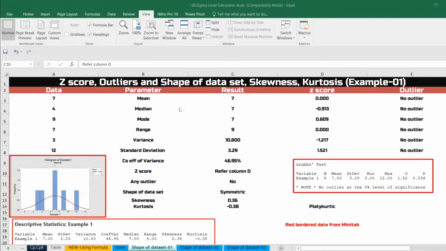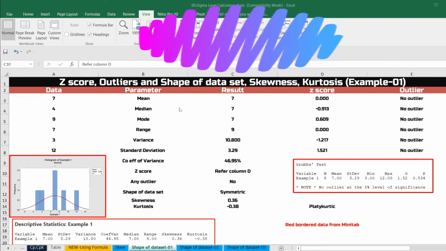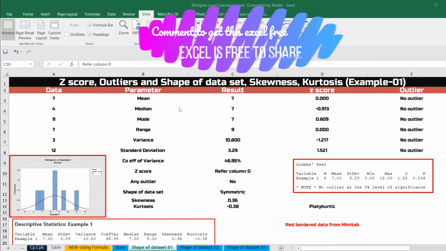Today we are going to discuss z-value, outlier, shape of a dataset, skewness, and kurtosis. There are three examples which we are going to discuss today, and this topic will be done in Excel, as well as with the values already taken from Minitab. And it is a very useful topic because